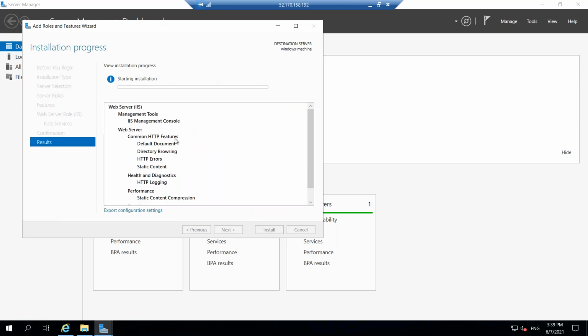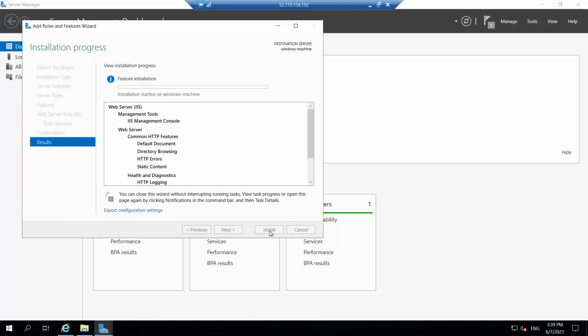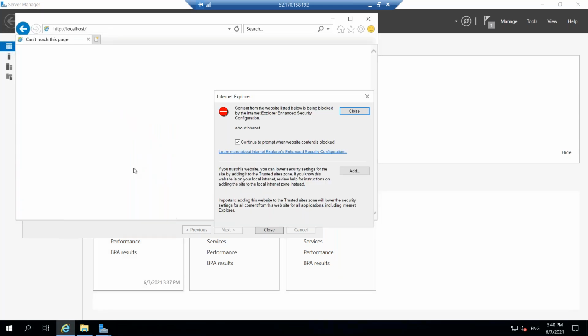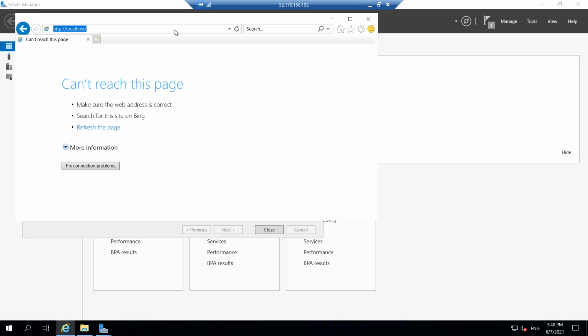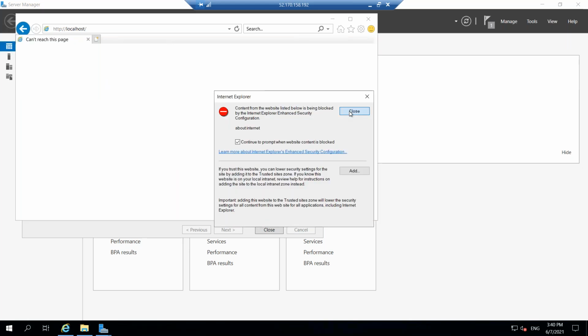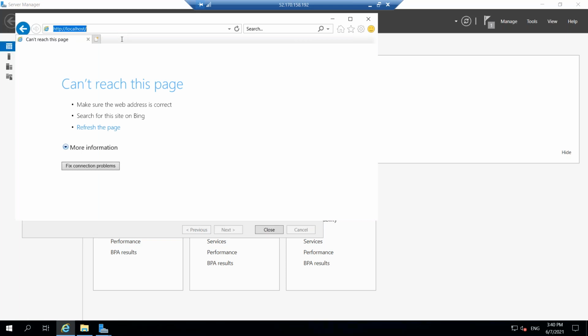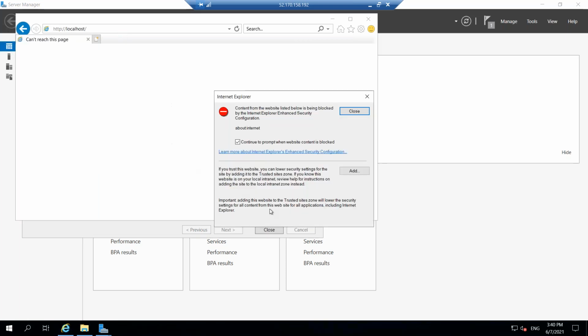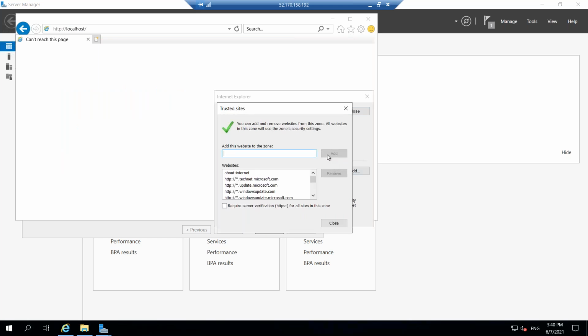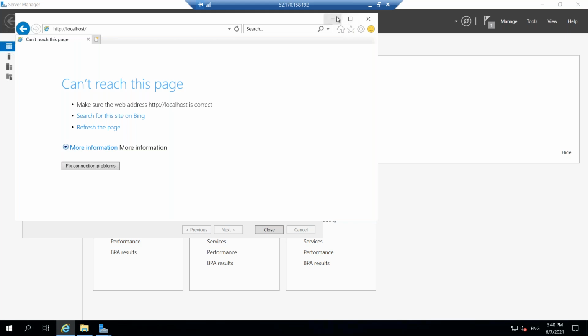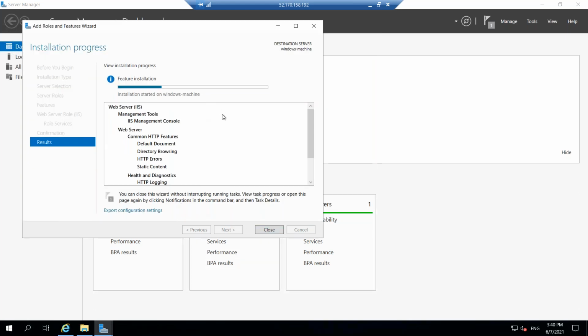Now what will happen is the IIS server will be installed and I should be able to launch the default website page. I'll do this refresh. It is installing.